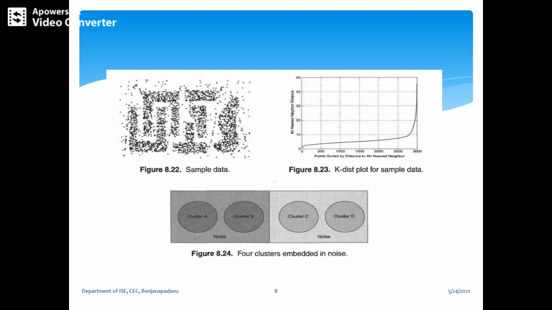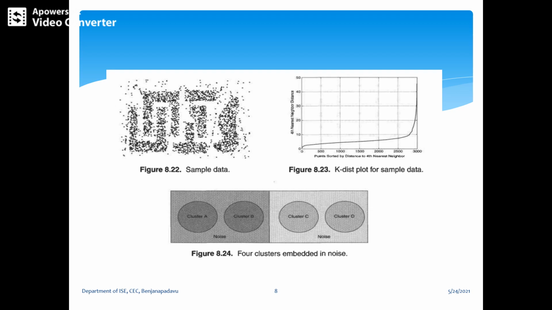The noise around the pair of denser clusters A and B has the same density as clusters C and D that we have just discussed. Here the EPS threshold is low enough that DBSCAN can find the C and D clusters, while the A and B surrounding will be a single cluster. So this is about the four clusters embedded in the noise.